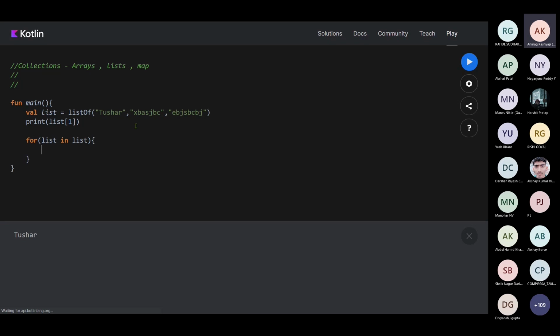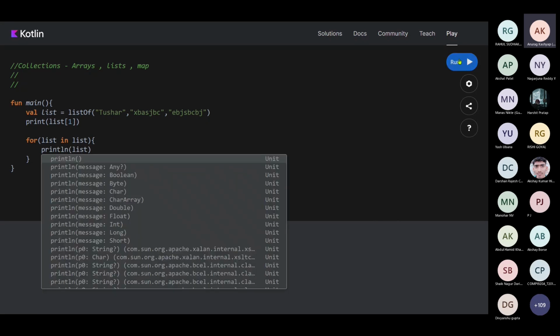I want everything to be executed. What I'll write is print list. See, it is getting printed. I'll write println. See, it is getting printed. All of them.